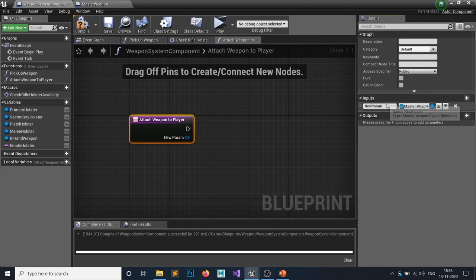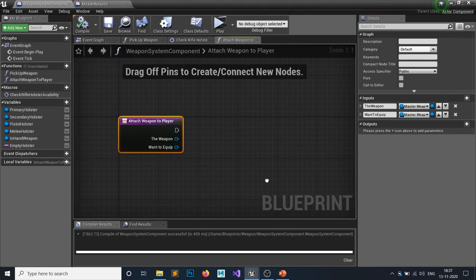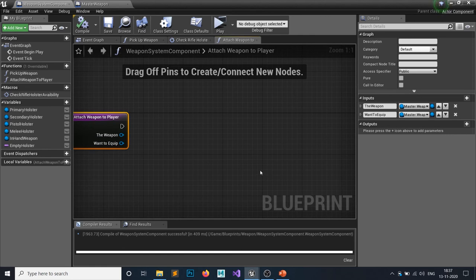First one is the gun, the weapon you want to attach, the weapon. Second one is want to equip. If you want to equip, then it will go to the hand part. If you don't want to equip, then it will go to the holster part.